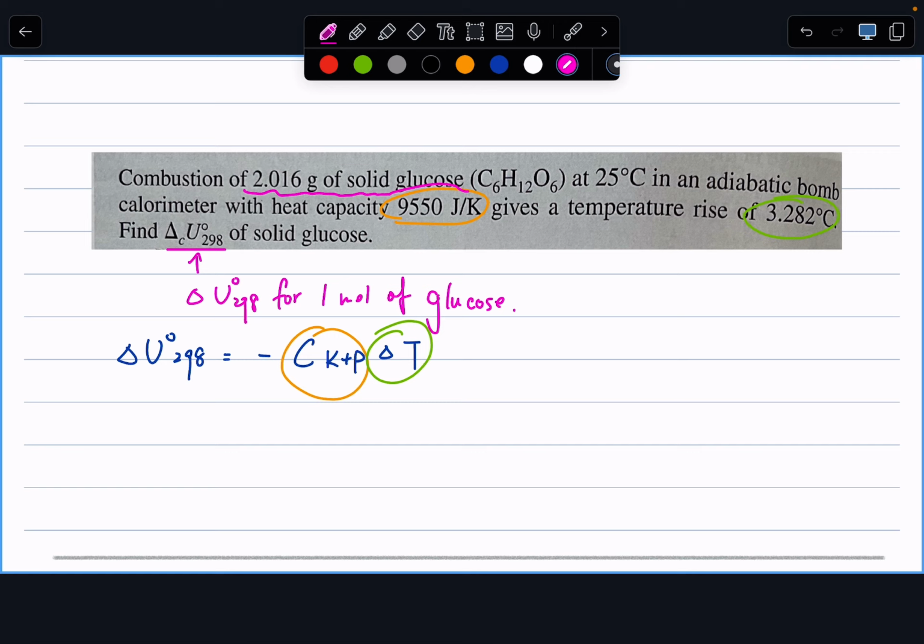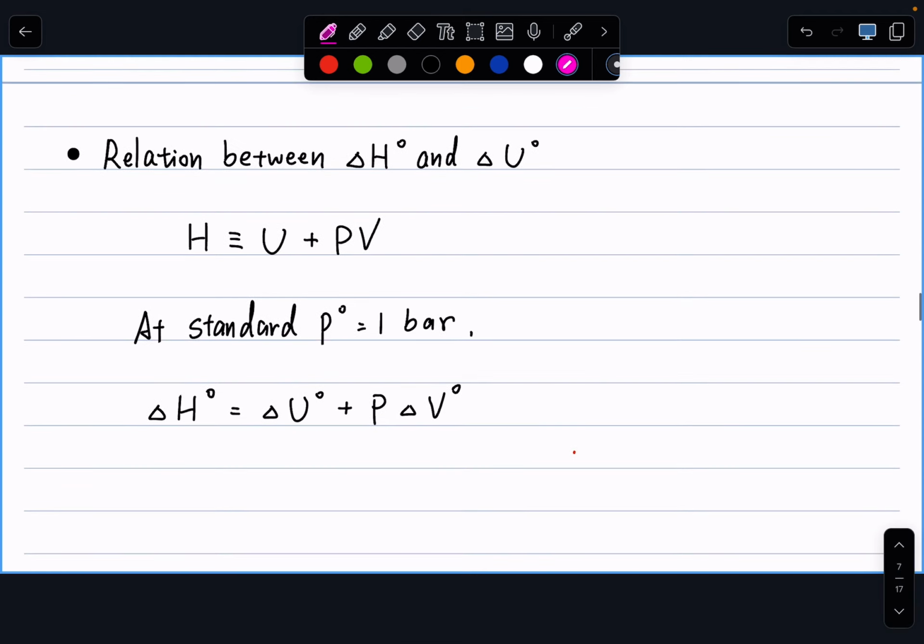All right, so that's a setup of calorimetry. And what's the logic behind calorimetry? How do we use calorimetry to measure the change of internal energy? And one last step is now we have the change of internal energy. Remember, what do we want? We want the heat of the reaction, or the delta H, the change of enthalpy of the reaction. So I need to take one more step to translate the delta U that we measured into delta H.